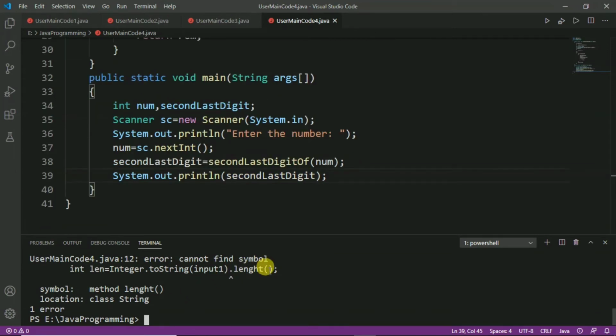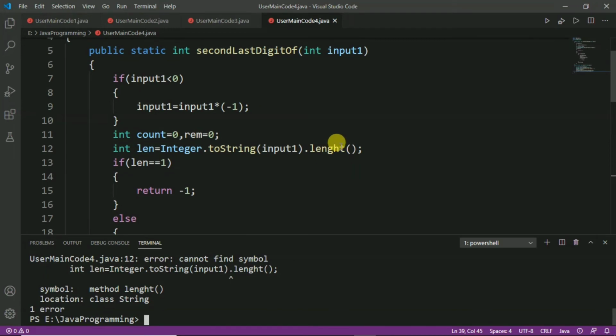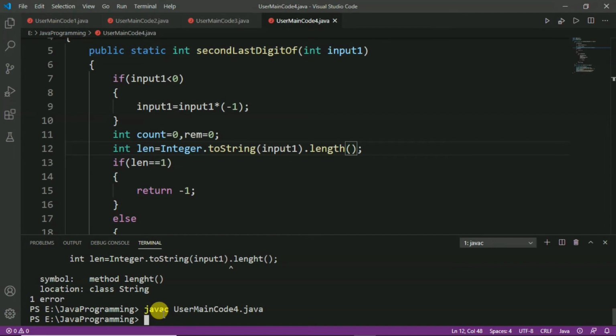Here one error has come out, that is a spelling mistake. So, let us correct the spelling, press Ctrl S to save the program, and run the program again. Now, java user main code 4 and press enter.